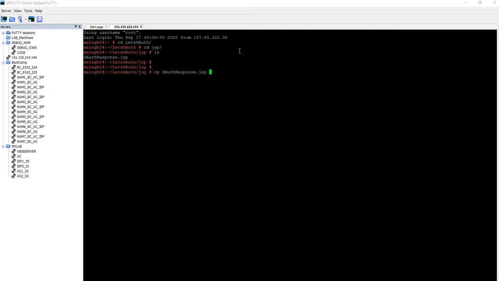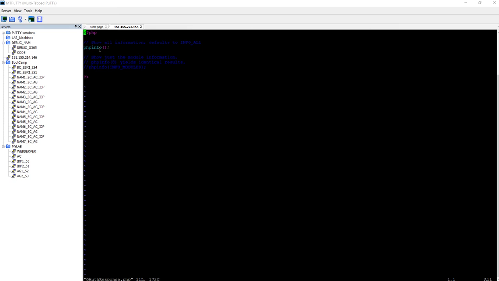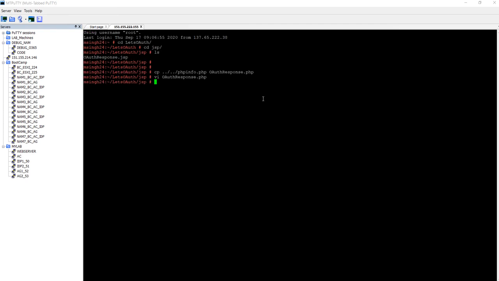Let's copy this file as response.php. So the content of this file is nothing but to just print all the PHP related information. You can customize it very well. So once this is done,